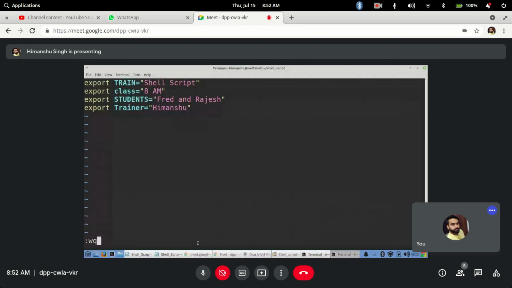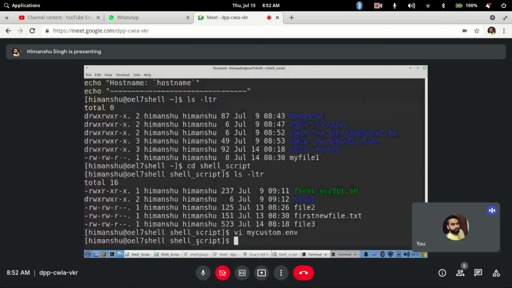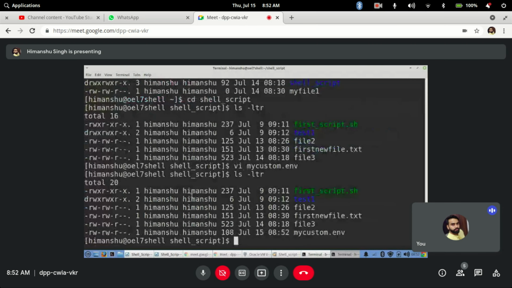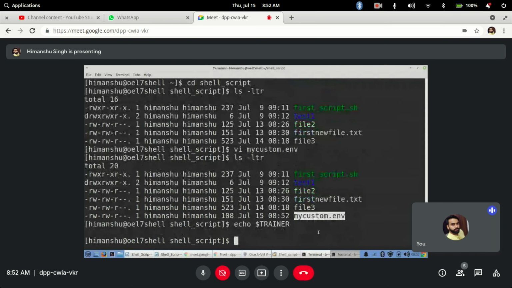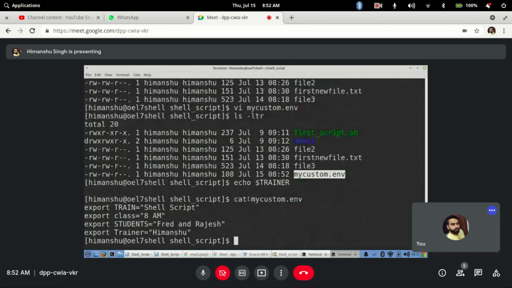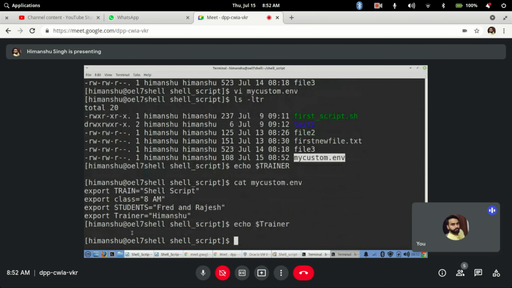So my environment file is saved here. Now if I show you echo $trainer, nothing is defined. This variable is mentioned in this file, but no value is defined in the shell yet.